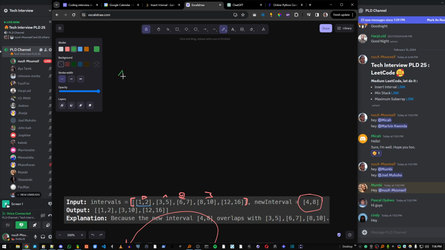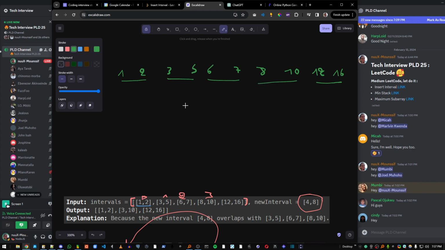So we have 1, 2. And we have 3, 5. We have 6, 7, 8, 10, 12, 16. Okay, now this set, add this number 4, 8 to this one. Now we know there's overlap, so if we remember the rules that we set up,